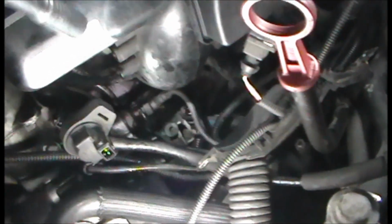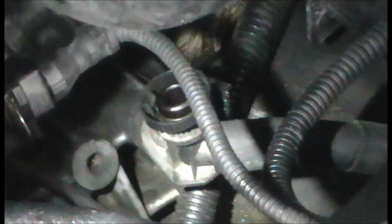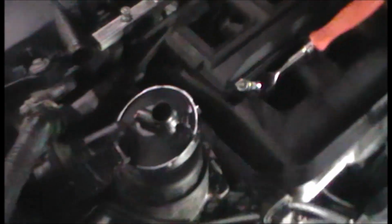I'm not going to be able to show you that, but then you have the drain hose right there, and that one goes down into the dipstick tube for the oil separator that's built into this valve. And the valve looks like this,